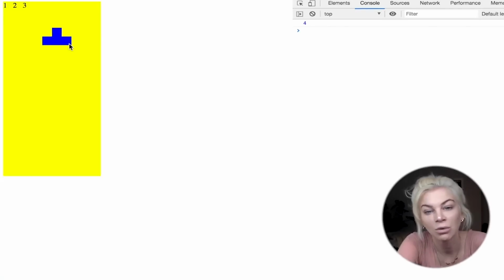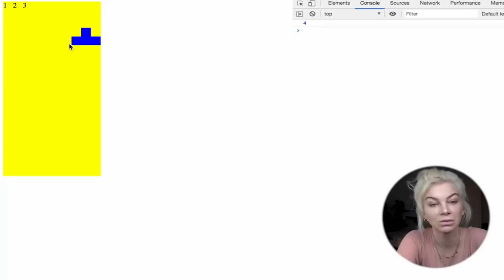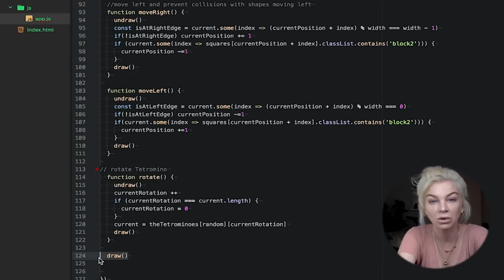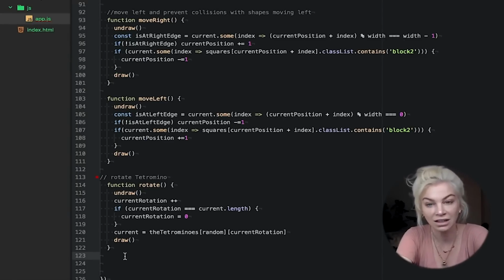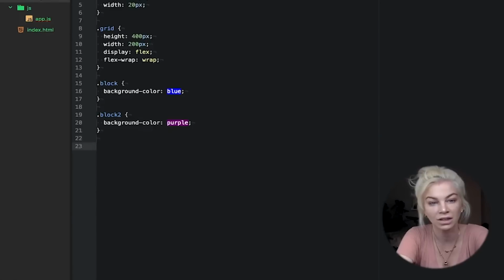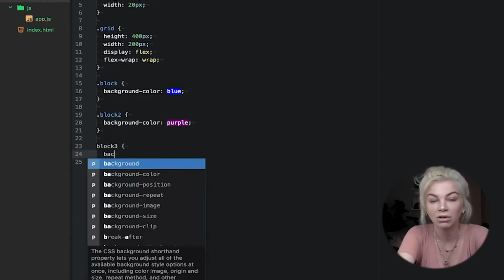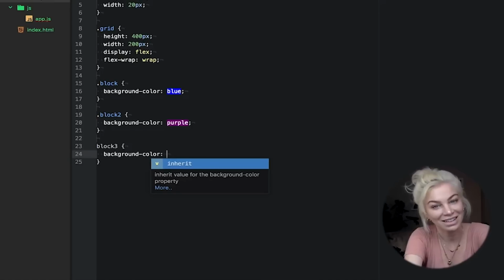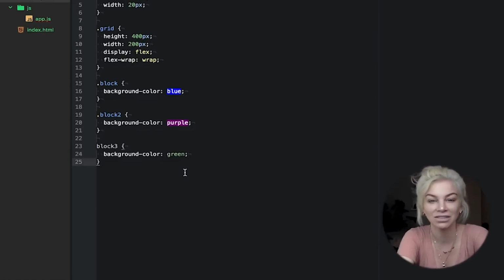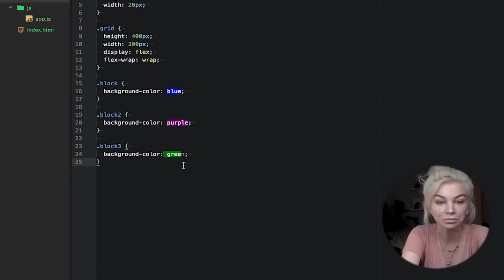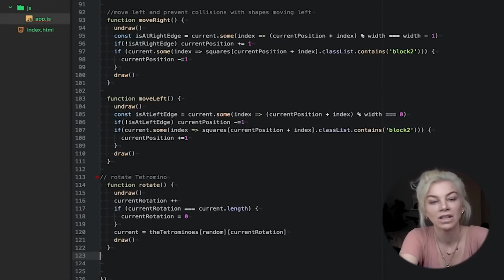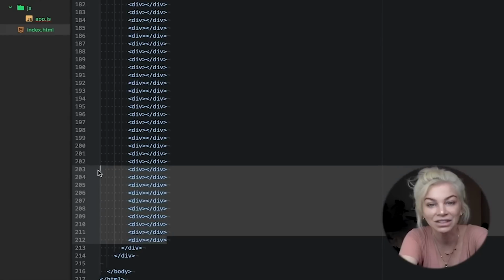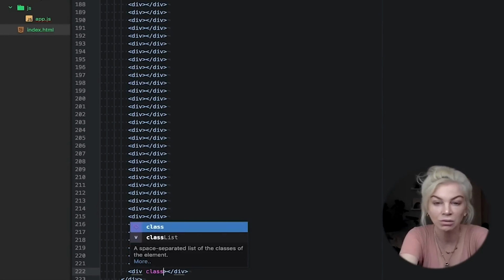Great. We now need to decide what happens if the tetramino with class name block hits the bottom of the board or a frozen tetramino of class name block 2. First, let's decide that the bottom of the board is defined as anything with div class name block 3, right? So we're going to add another block class name. Go back to your CSS file and like before, add the following. Now go into your HTML file and hardcode block 3 as a class name into the last 10 divs. You should see this show up in your browser like so.